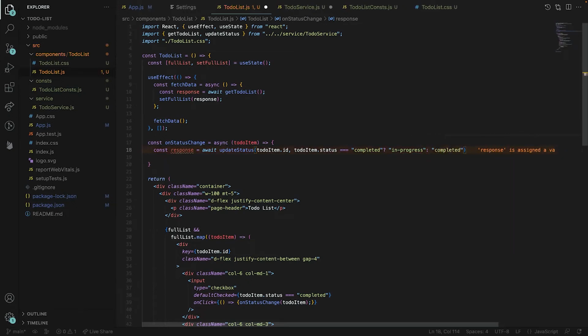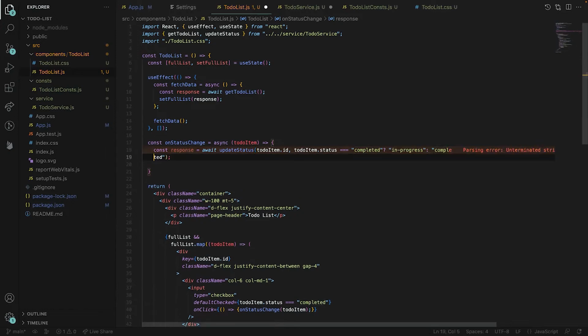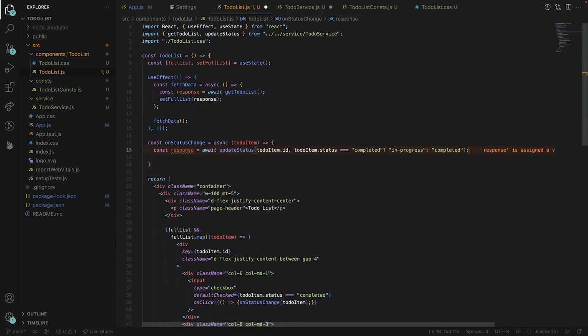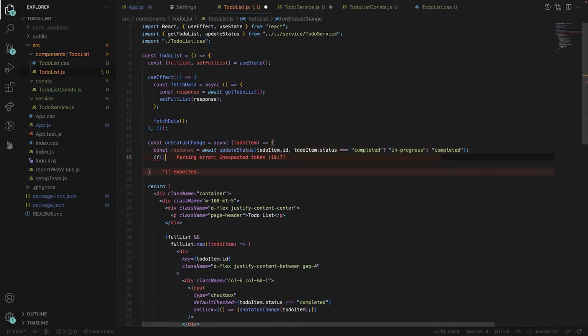So what this ternary operator does, just like earlier, if it's completed, I will be changing its status into in progress. Otherwise, the status will be passed to completed. And then I will be checking if the response